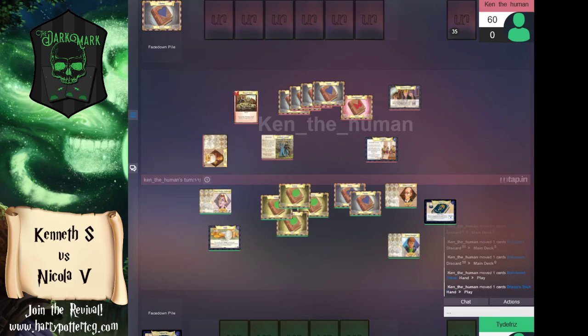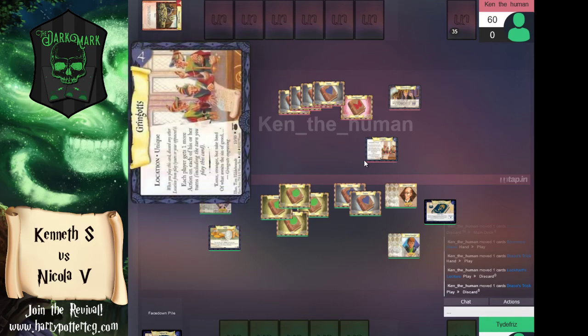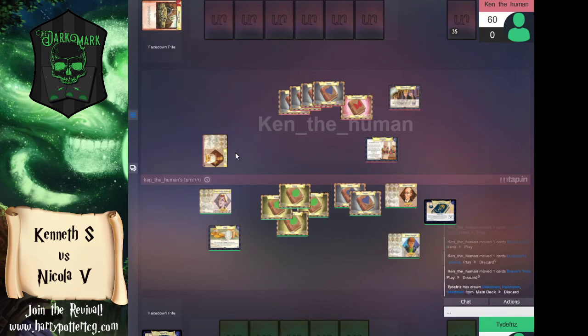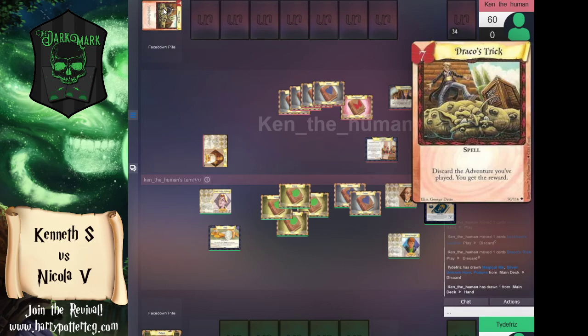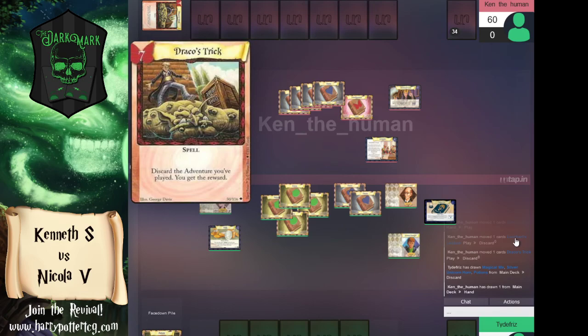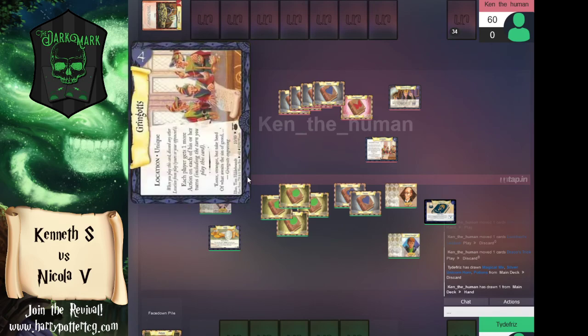What did we do here? Looks like we got Borrowed Wand. We put Borrowed Wand into play, so Borrowed Wand is going to give us 2 lessons instead of 1. Basically has the bonus added effect of being an item. Unfortunately, that would be a little bit better with Malfoy than with Pomfrey. It doesn't do much for us being an item, but we are going to also use Draco's Trick, which lets us discard Lockhart's and get the reward. And the reward for Lockhart's Lecture is that you just take 3 damage, so...